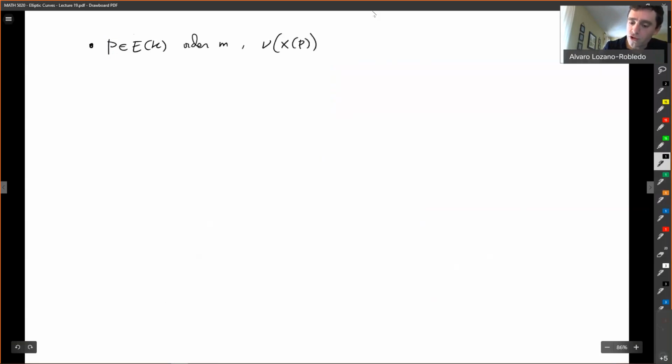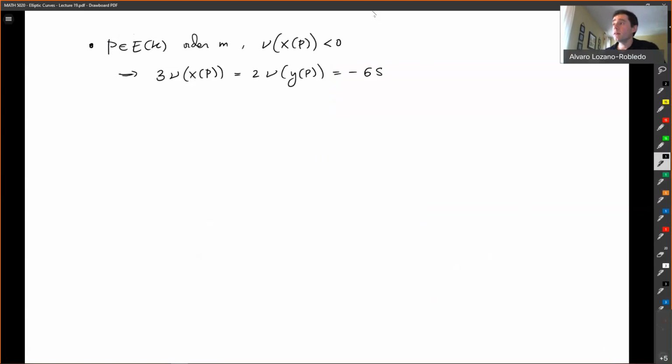So it is not an integer. And we arrived at the conclusion that 3 times the valuation of x is twice the valuation of y is minus 6s. Okay, and notice that then if you write